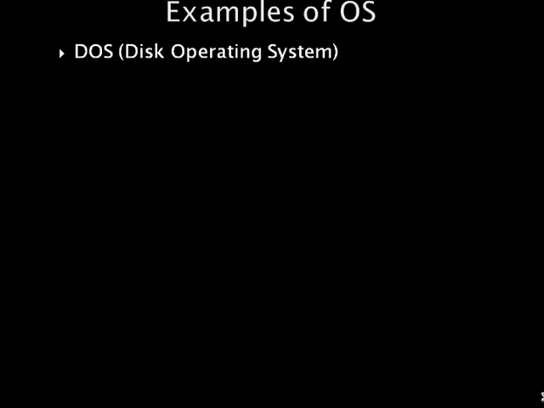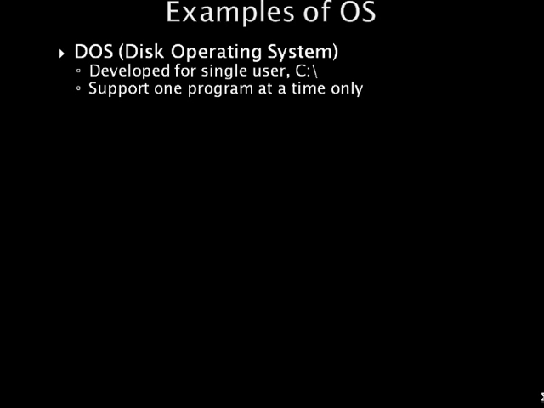Initially, Microsoft started with MS-DOS, a command line operating system. It was a single tasking operating system developed for a single user. In DOS, we had the famous C prompt like C:\, where users would type in commands on a black screen. Only one program at a time can use such an OS. DOS provides various functions for programs like displaying characters on screen, reading a character from the keyboard, accessing disk files, and more by typing command line.